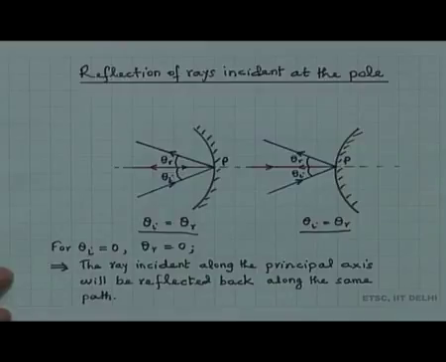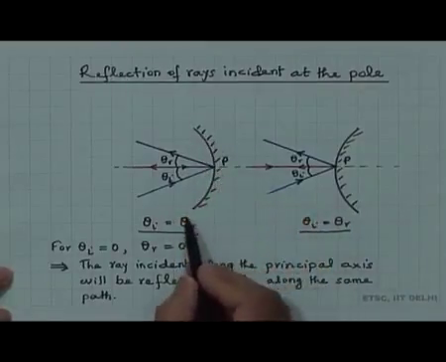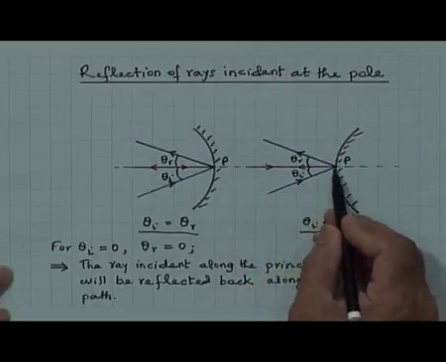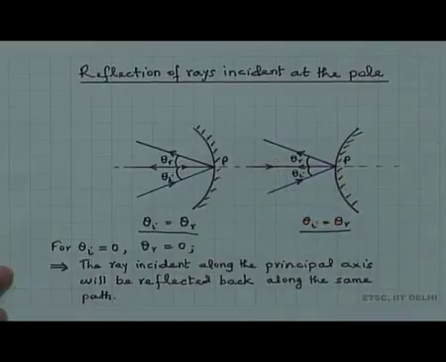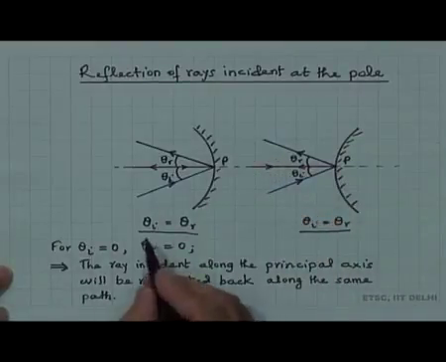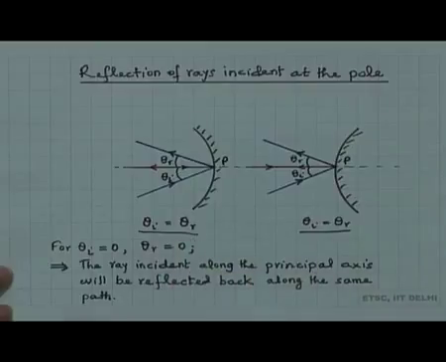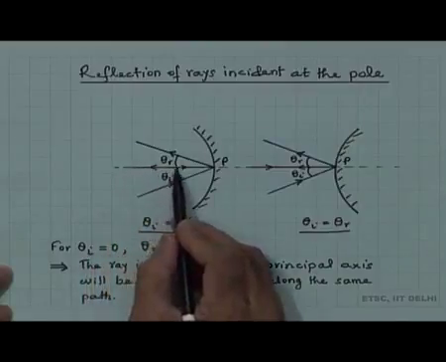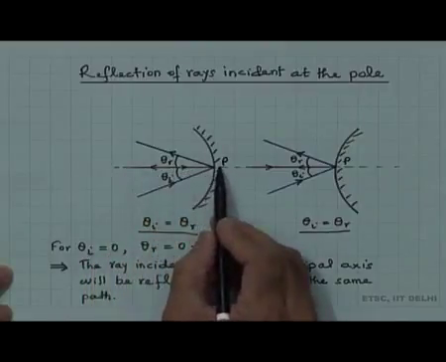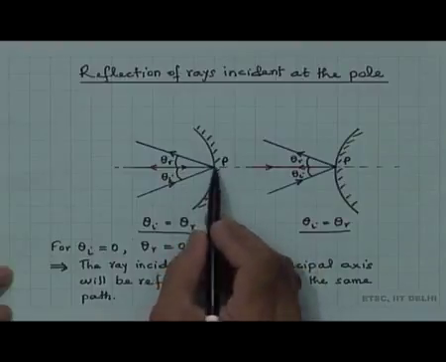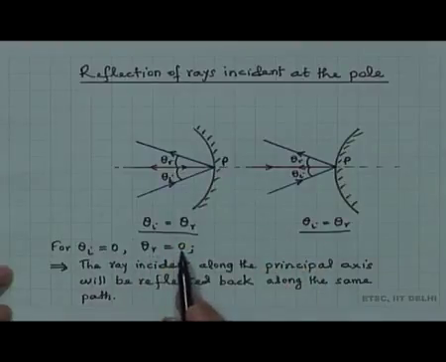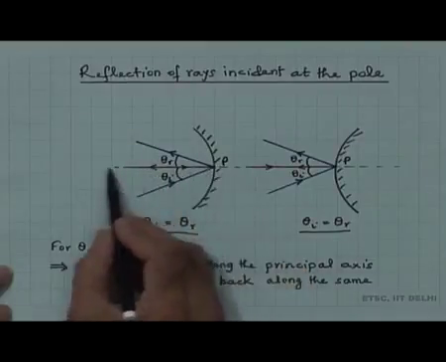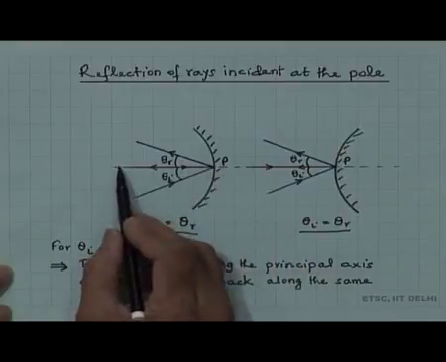Note that whether it is a concave mirror or a convex mirror, the ray of light incident at the pole will get reflected in this fashion. Theta I is equal to theta r. A special case is if theta I is equal to 0, which means if the incident ray is along the normal, then obviously the law of reflection says that theta r must also be equal to 0. In other words, the reflected ray will be along the same path, along the incident path,